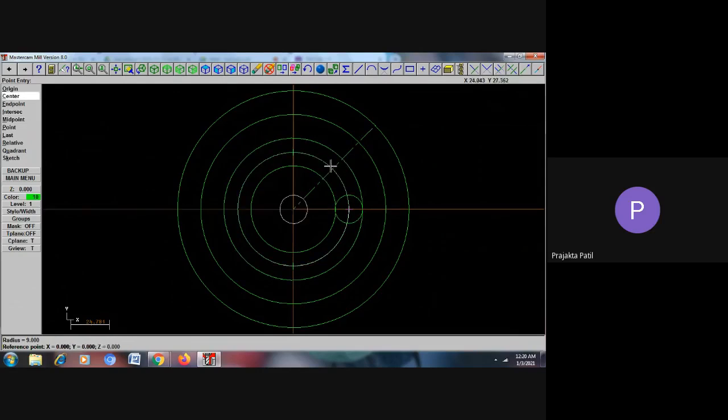So at this point of intersection, if you want you can even choose intersection as an option and choose this line 45 and this 72 mm diameter. So once I choose both the options, it automatically took the center at the point of intersection of this 45 degrees line and 72 mm diameter, and it has placed the circle there.